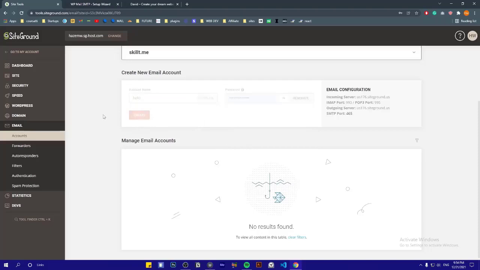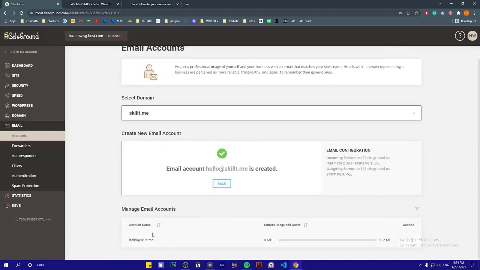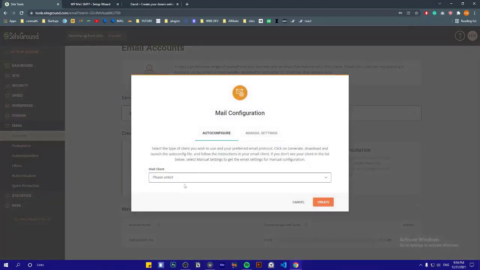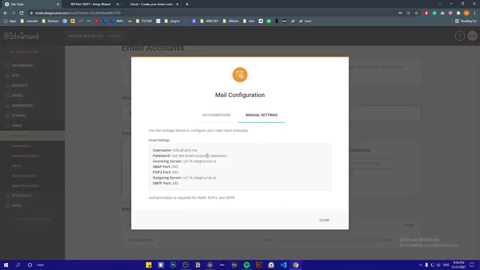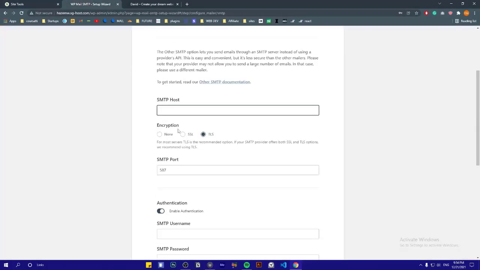on Siteground mail. Okay, after creating your mail, click on three dots, click on mail configuration, then manual settings, and then here is the data that we will be copying, outgoing server, and then copy it, paste it in here, SMTP host. Okay, then click on SSL,